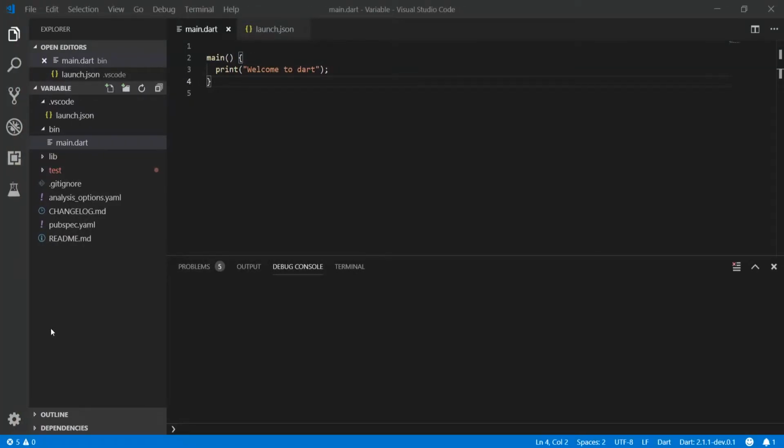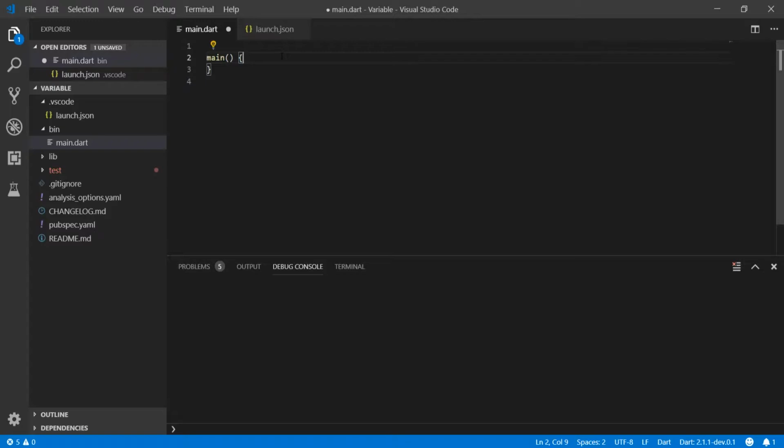This is the command line project which we have created with Stagehand. Now I am going to make some changes in this code. I am going to get rid of this print line. We will come back to this later. Now this main is a special top level function where app execution starts. We will see more about function in the coming chapters. As of now, just think main is a function which is an entry point for the app.